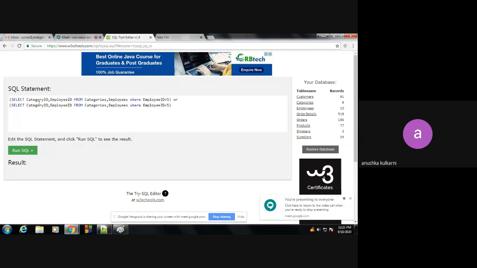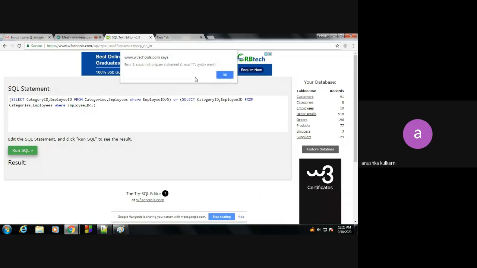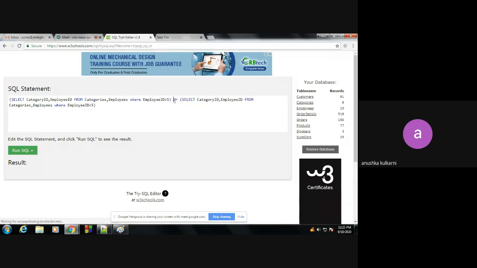Okay, we got the syntax error. One second, let me set something. Okay, one second. That part will be better. Here actually, union, subtract, those kinds of things we cannot use here. We can use OR only in front of conditions. Here, in front of a condition, I have to use it.